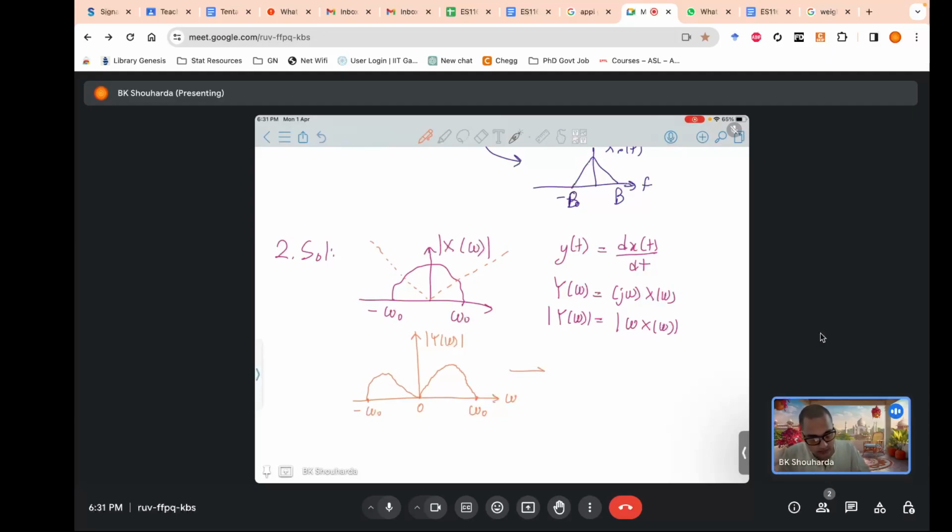So in this case also the bandwidth of the signal is omega naught, so the Nyquist rate, which I will denote as NR, is twice the bandwidth, or 2 omega naught. So y of t equal to dx/dt also has the same Nyquist rate as the signal x of t. Okay,